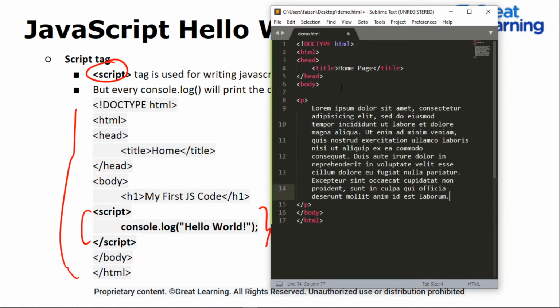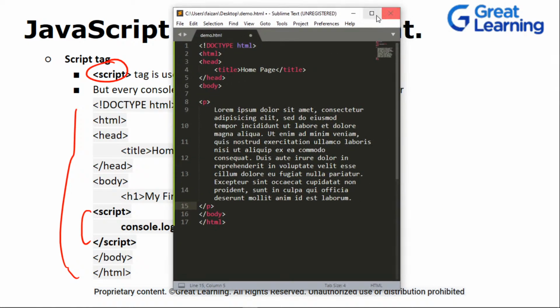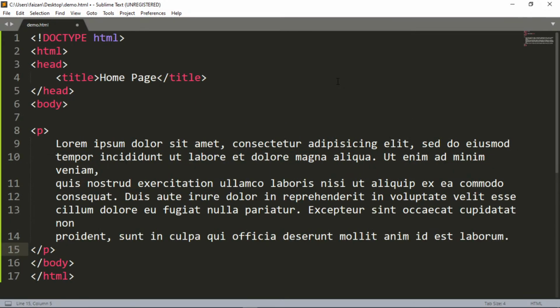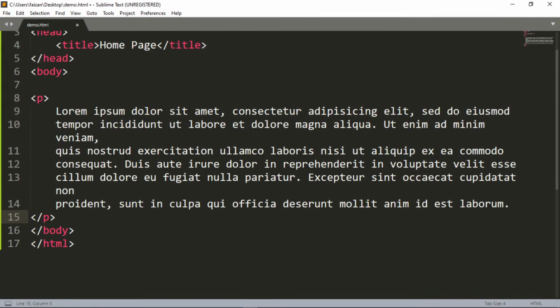I'll write lorem and then press tab. Okay, this is just gibberish text. I think this might not be visible. Let me just zoom in. Okay, cool. So now what I will do, I will write a script tag,